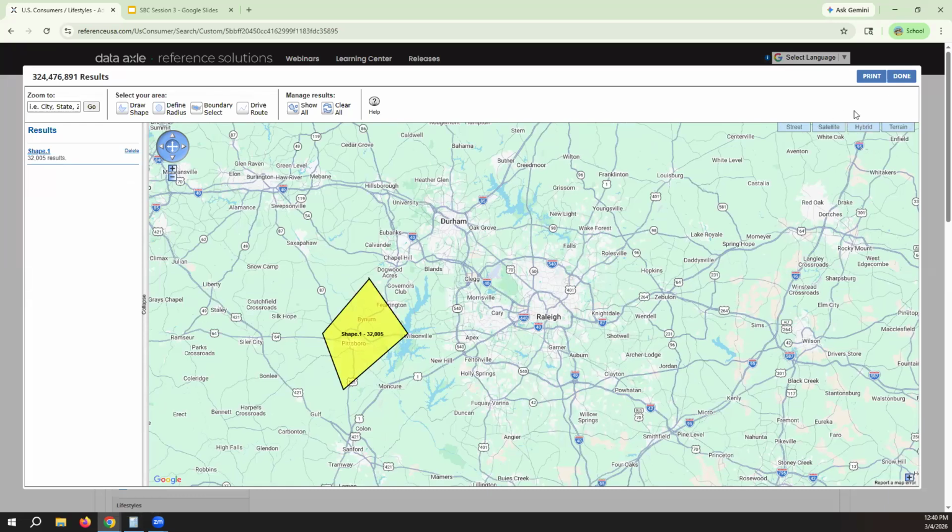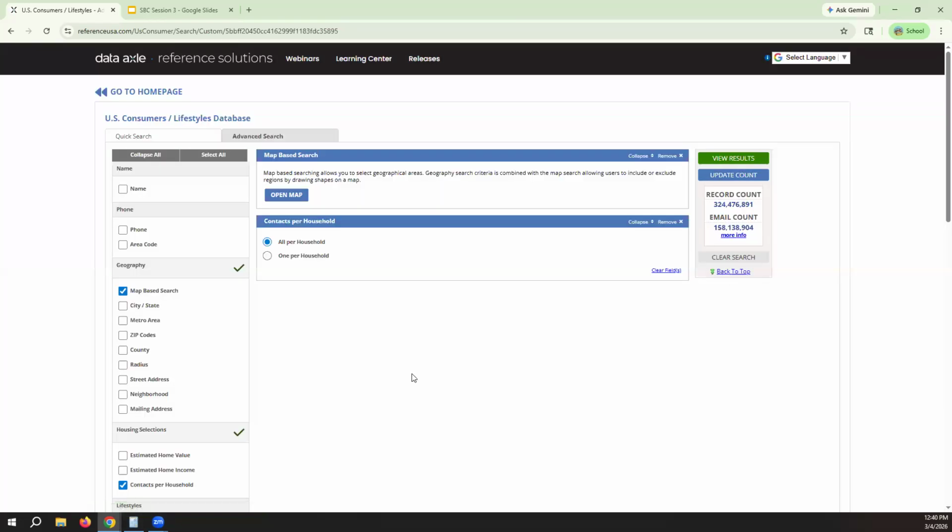Then I'm going to click done here. Now I've got my map, and I can update the count. You can see this is the number of people that live in the area of the shape that I drew. So I'm now going to pause the recording.